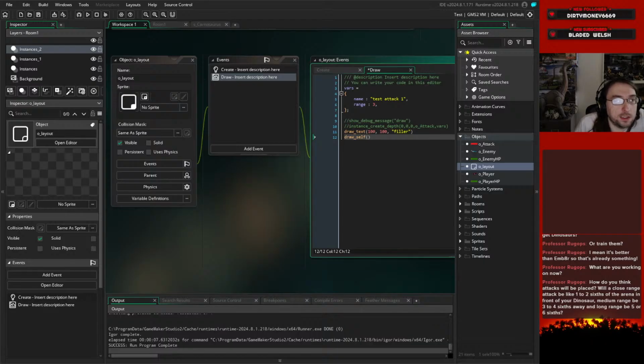So if the enemy is here, then you will have access to your range 1, your range 2, and your range 3 attacks. However,